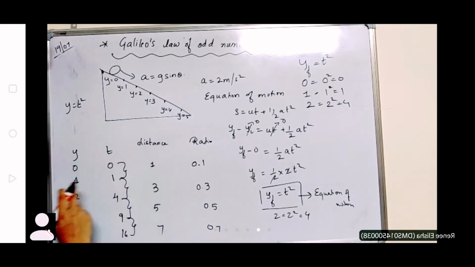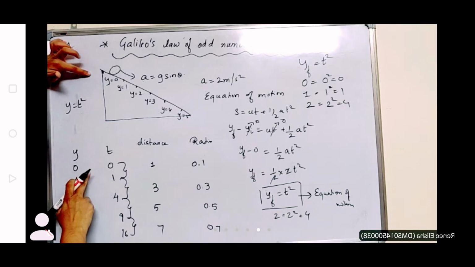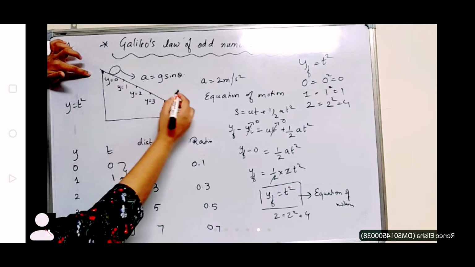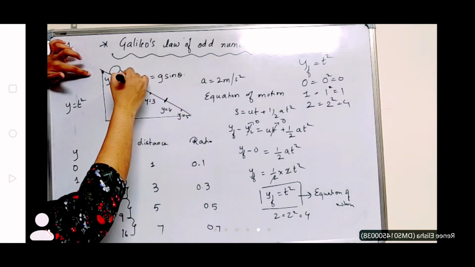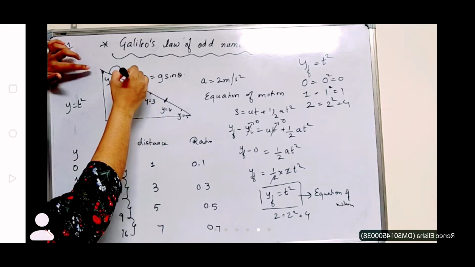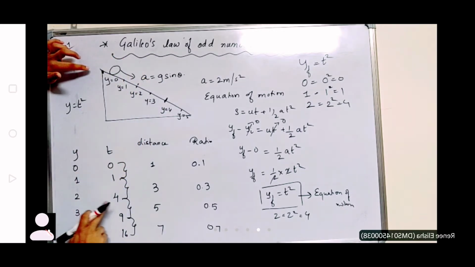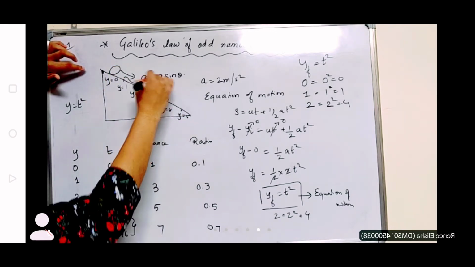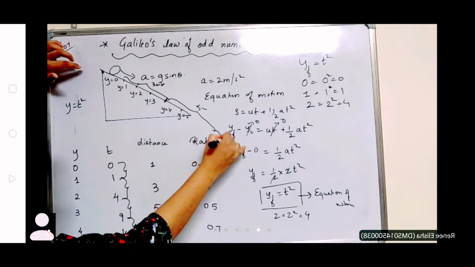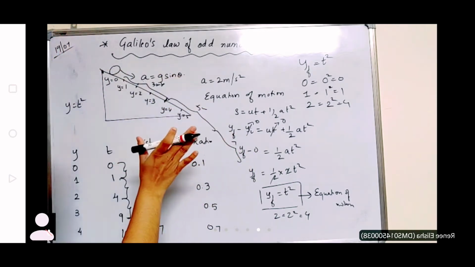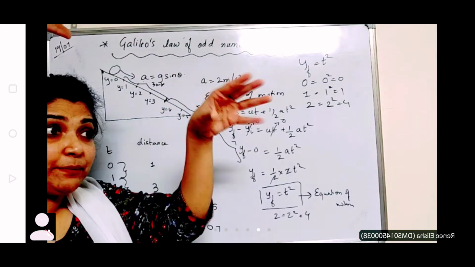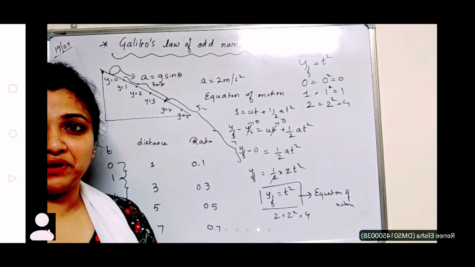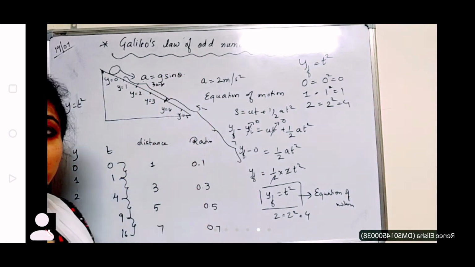Now see, if the position is at 0, time is equal to 0, it is 0. Now, at position 2, it travels here. That means it becomes 4 here. Now, from position 2 it becomes 4, that means the distance between them is 3 units. Then again it increases to 5 units. Then again it increases to 7 units. So this was his law. That means as the object goes, it keeps on increasing in odd values, he said. So that was his law of odd numbers. This is called Galileo's law of odd numbers.